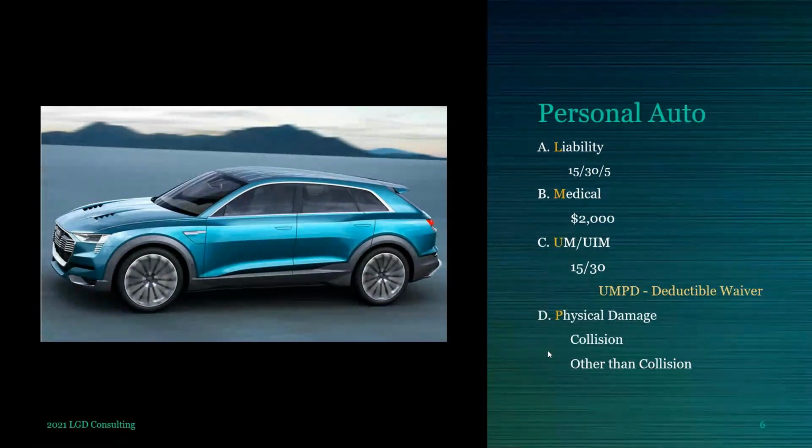Now, if you have physical damage coverage, instead of uninsured motorist property damage paying $3,500 maximum, we now kind of waive your collision deductible. Okay, so if someone without insurance hits your car, damages your car, and you have the collision coverage, the UMPD will actually waive your collision deductible. It's a no-fault collision claim, so your rates aren't going to go up. Okay, that's how that's treated.